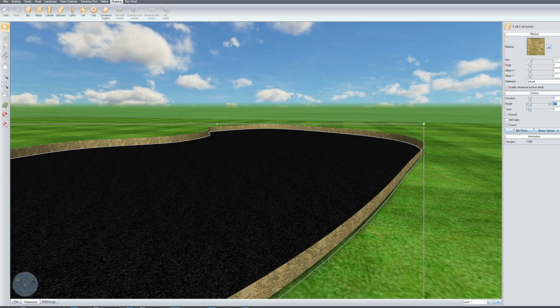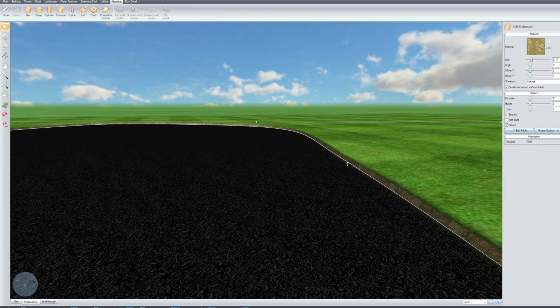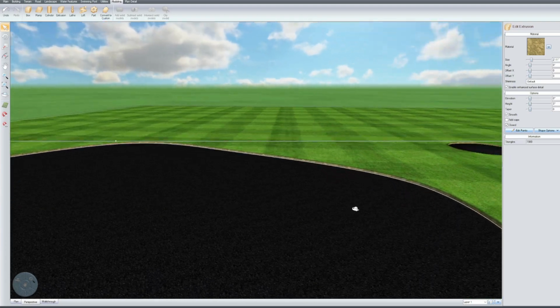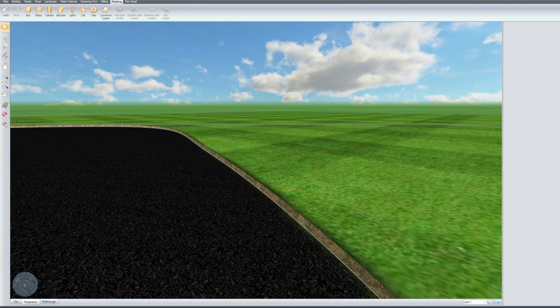We're not going to lower the elevation. We're going to lower the height and we're going to lower it down to 3 inches, which is the same thing that we dropped our region down. And there we have a bed edge. Okay. And really quick, if we need